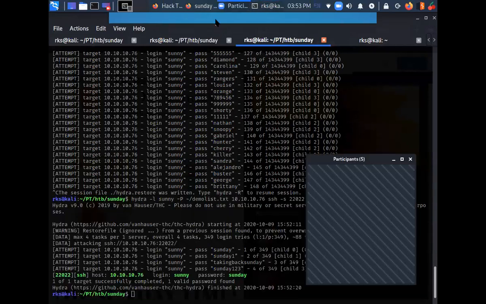Is this thing clear? Yes, sir. I believe in the last session someone was asking how to do brute force on SSH. This is how you can do it.